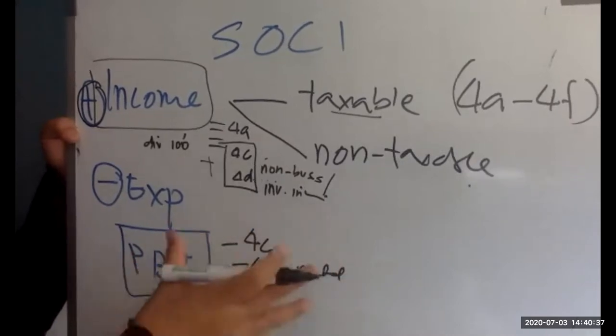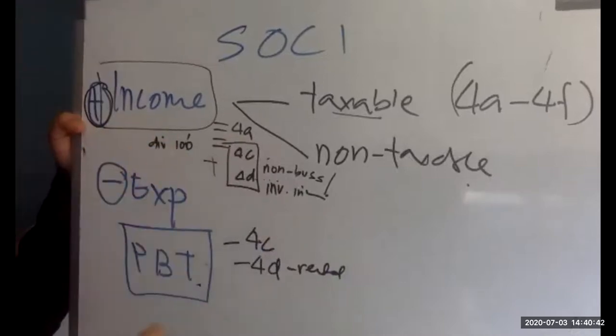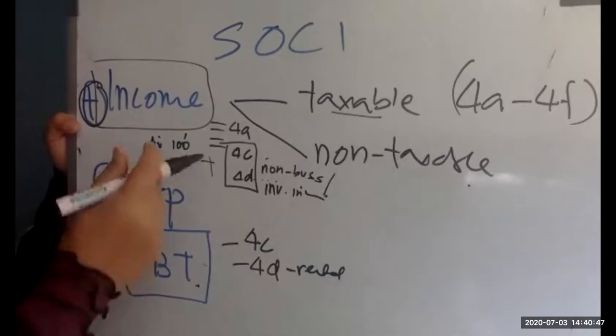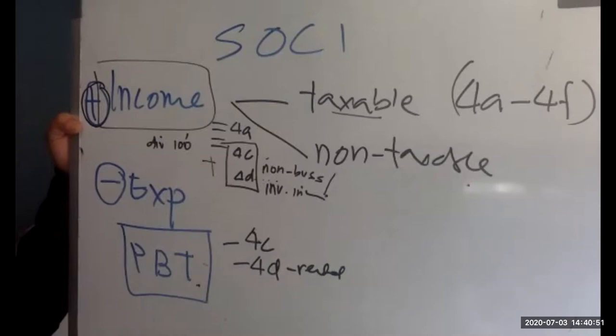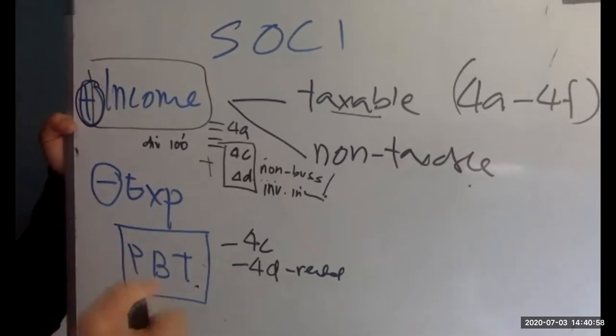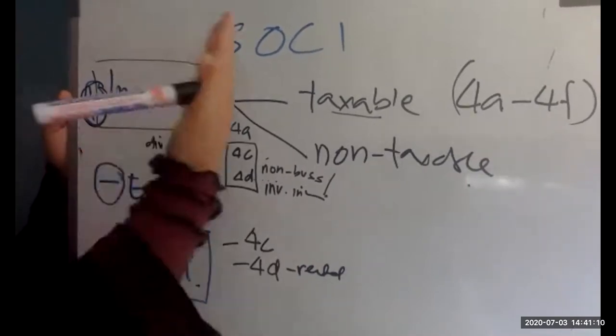So all that you do the computation at the bottom. But what you want to do first is take out everything in the SOCI. So if in the SOCI you have dividend of 100,000, you take out 100,000. Whether the dividend is exempted or final, you deal with that later when you do section 4C under dividend income. Similarly, for your interest income, even though it's a foreign income or it's exempted, take it out first. Later when you do your 4C, then you put it as exempted if it's a foreign source income. Right? Do you get that? So I hope that is clear.